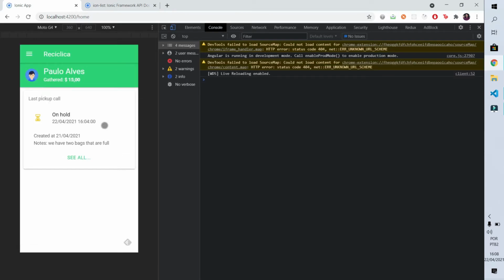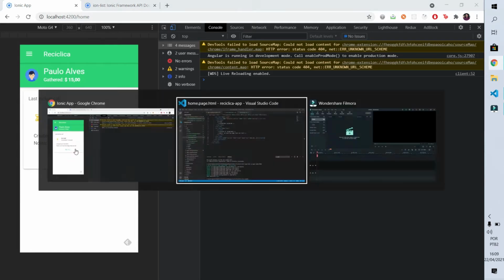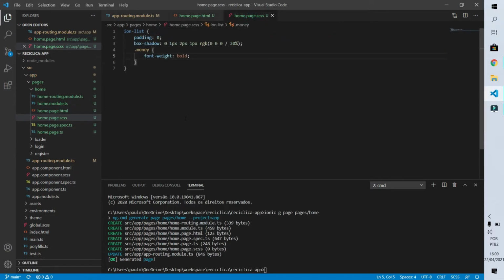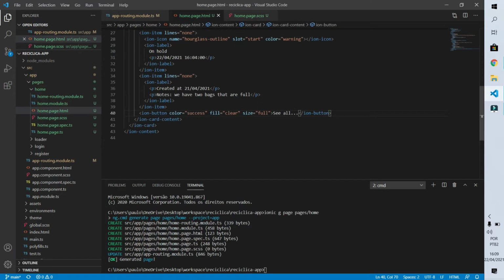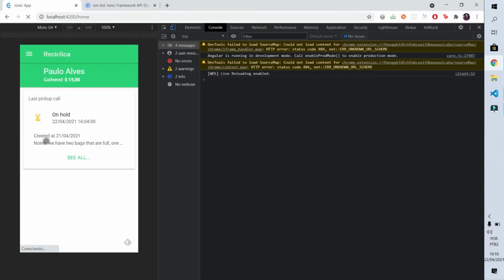Alright, now let's improve this component, and to improve its appearance, let's put some style. To do this, we come back to our home screen style file. I think this title here on the card should get more visible, and there is also a problem that we are not going to be able now to visualize because this text is too short. So let's increase it a little bit. We have two bags that are full, one with plastic and the other one with glass. If I save it, we'll notice that the text will be cut, so I want to change that too.